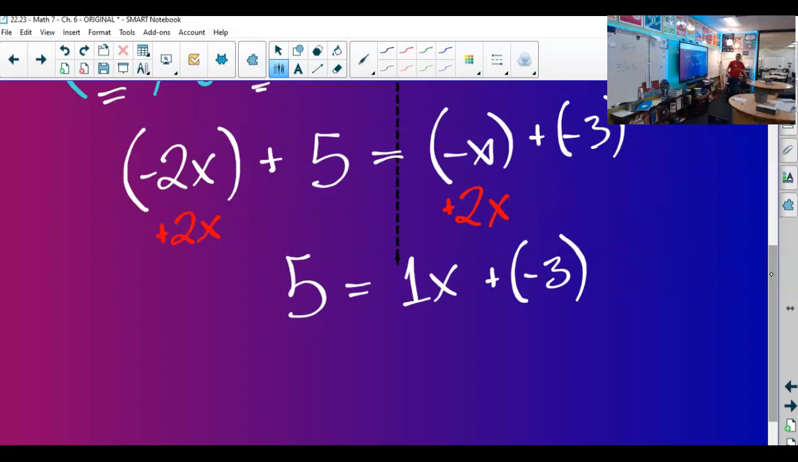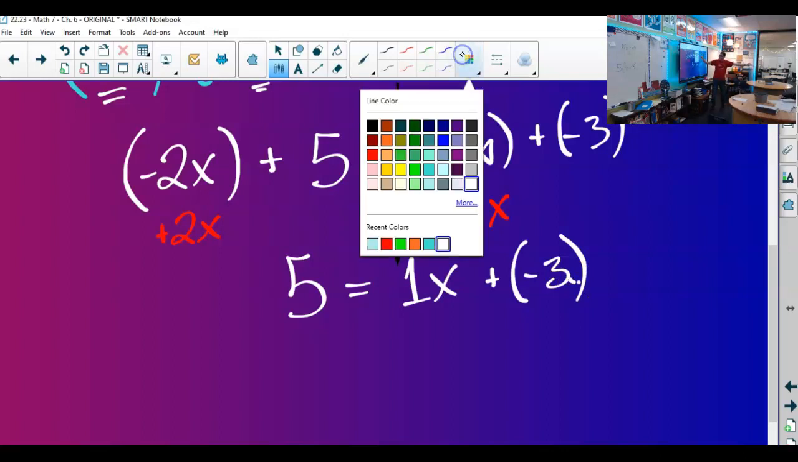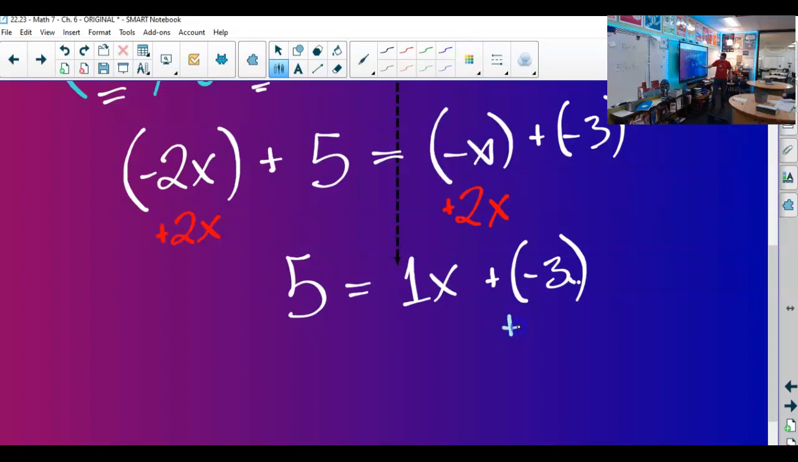Des, you know what I can do to get that x by itself? Ooh, but x is already on its own. You could, but that would push it back over here. I can leave this x alone. How can I get rid of this negative 3? Add 3! Absolutely! So we add 3 to both sides,